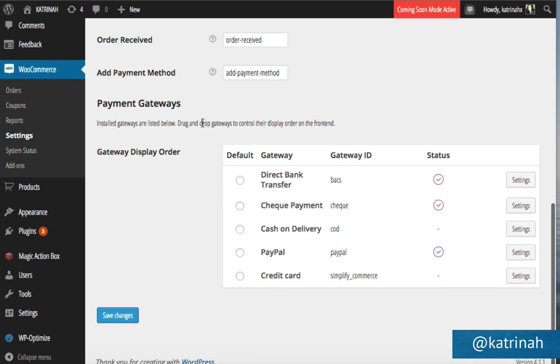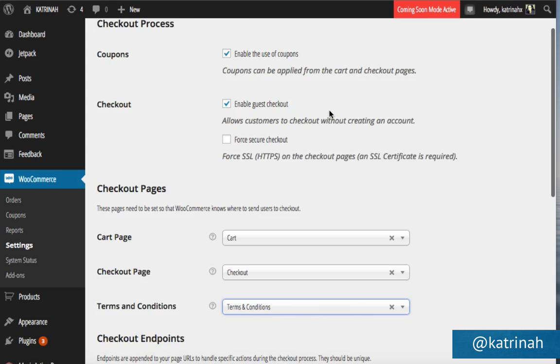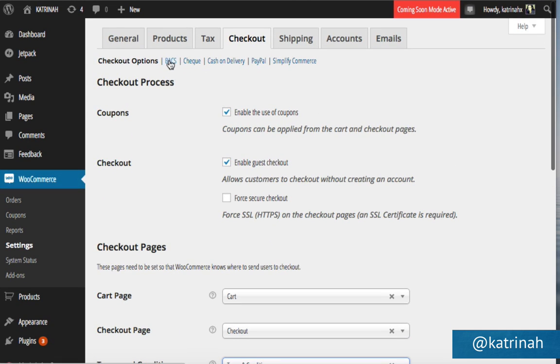And then moving down the line, we have our payment gateways. Now, by default, when you install WooCommerce, these 3 payment gateways will be active and enabled: direct bank transfer, check payment, and PayPal. You can see on the right-hand side here with the purple check mark, the status when I hover on top of it says enabled. So if you want to disable this, then you would just need to go to the settings for each one of these. You can either do that by clicking on settings here, or you can come to the top and you can click on them one by one.